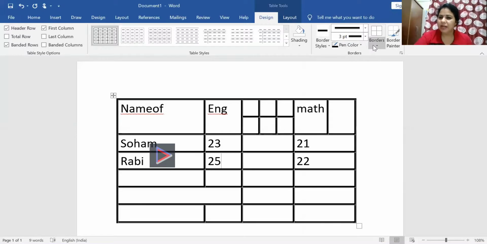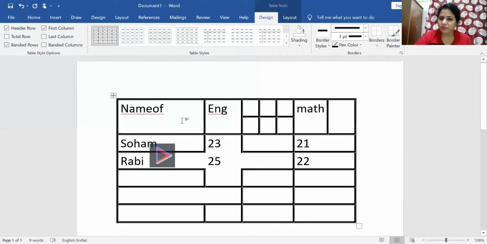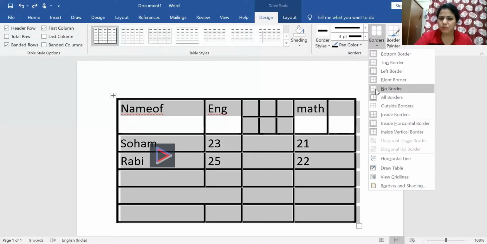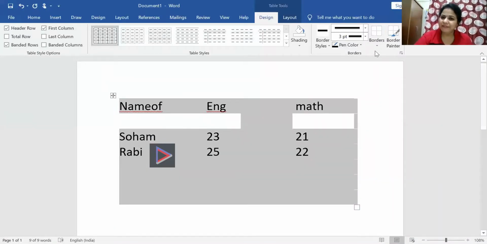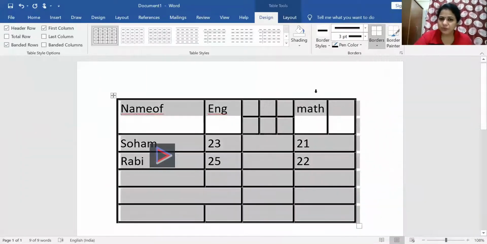Now how I did: I go to the table tools, design, then I choose border style, then I click on the border. If you want to give the left border, you can give it to the left, top border, bottom border, and the right border, or no border. If you click on no border, no border will be given. If you select the whole table first, then go to the border option and choose no border, the border disappears. Again, if I give the border, it will give all borders. So in such a way we can give it.